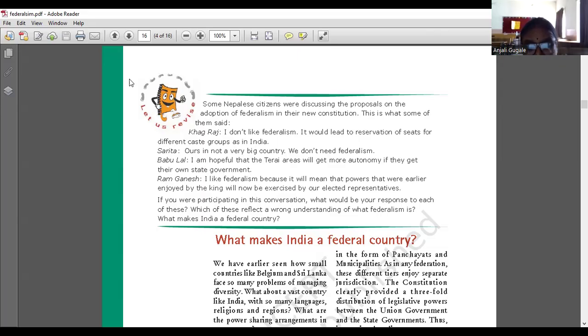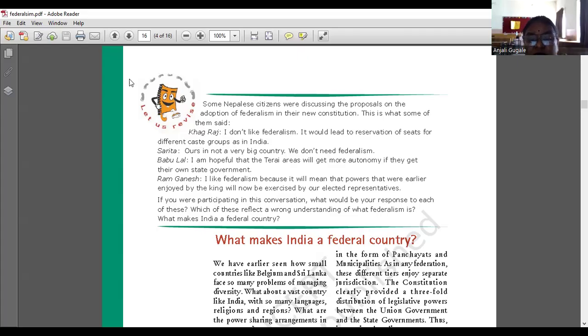As federal system is the one wherein the power from the central government is given to the state government. So when people are given their own power, how to manage their affairs, how to manage their finances, then it is better done because the control will be in the hands of the people themselves. So they will decide it. It will not be the central government which will decide. Okay. So Babulal's statement is correct.